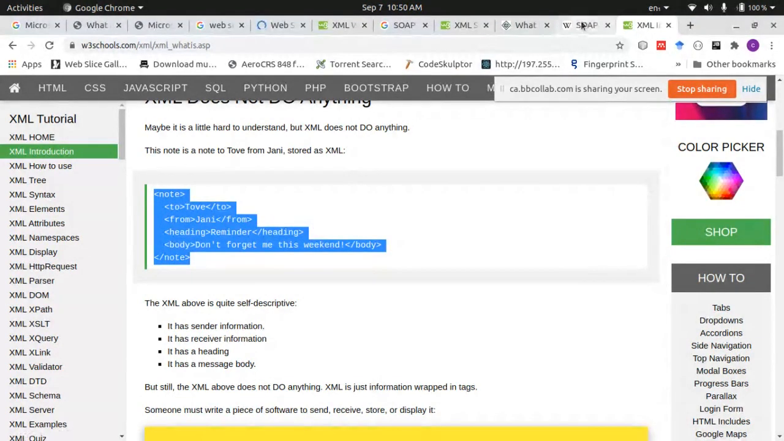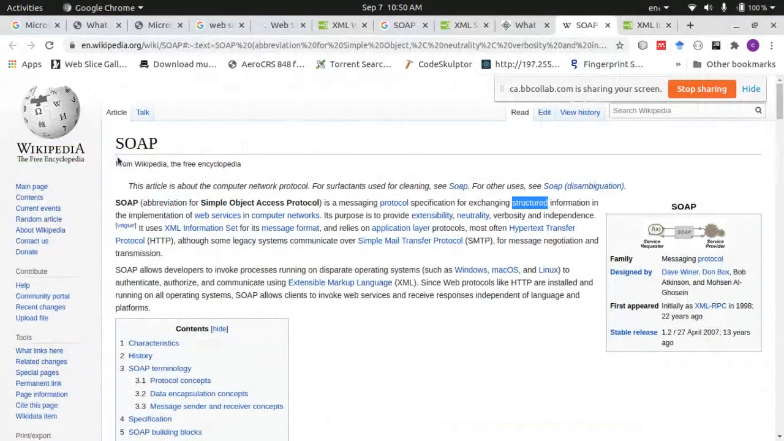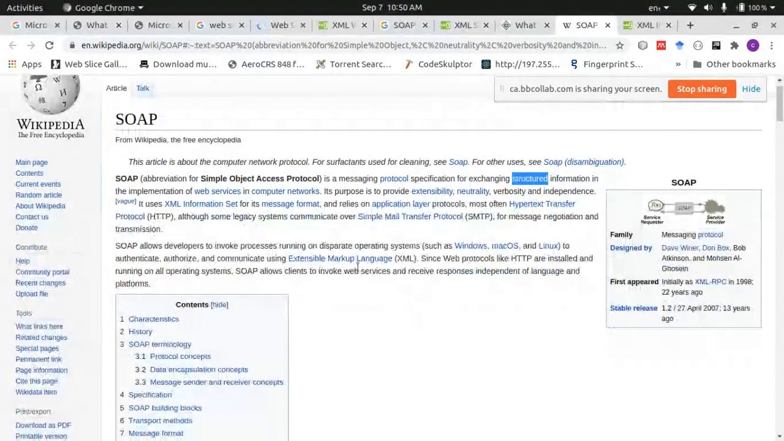So one of the standard ways for using SOAP as your messaging protocol is that your message has to be structured in XML. If you read